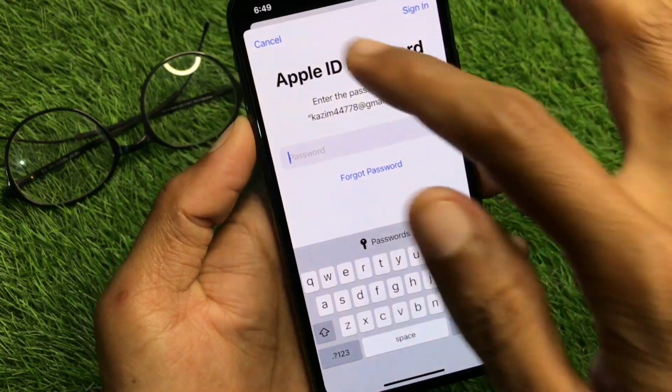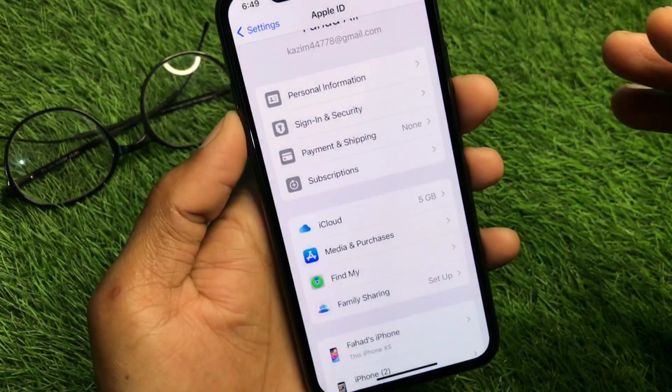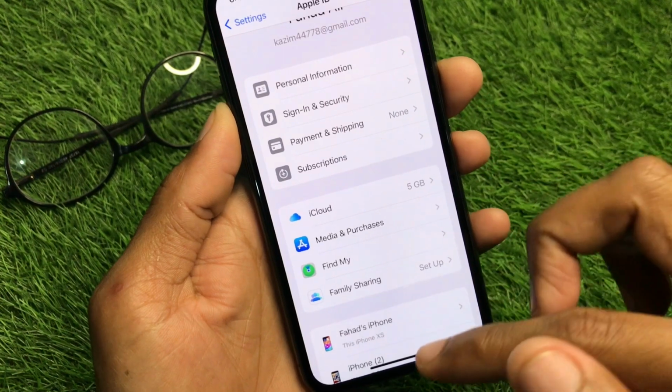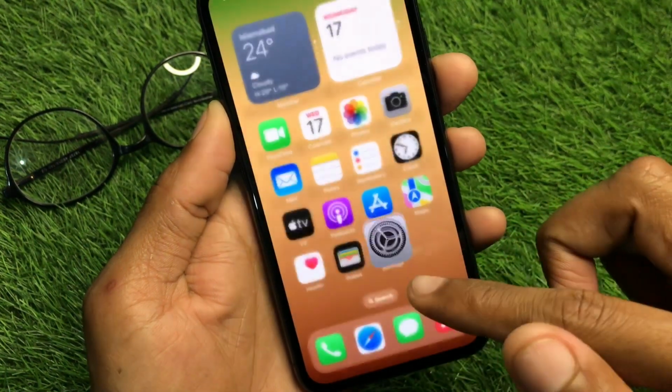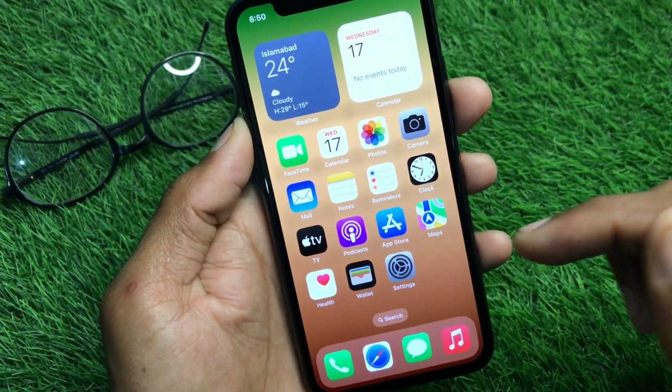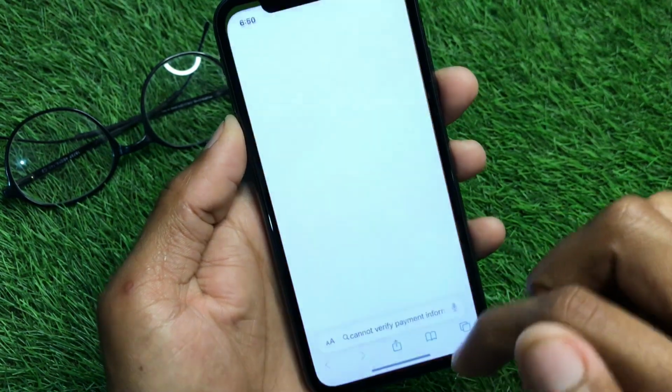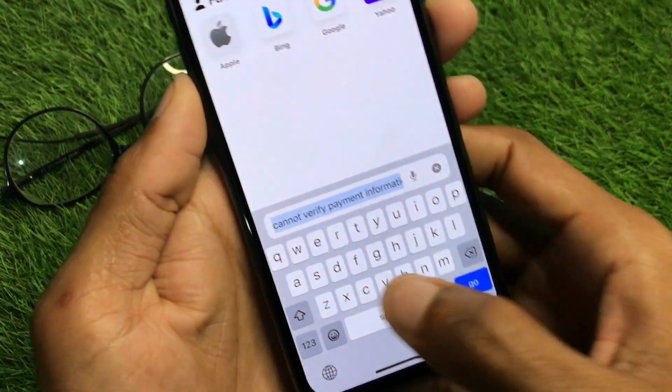And guys, after this, if it still doesn't fix your problem, you need to delete your old payment method and add a new payment method. After this your problem will be fixed. And guys, after this, if it still doesn't fix your problem, no need to worry, you have to open an internet browser, and guys, here you need to search